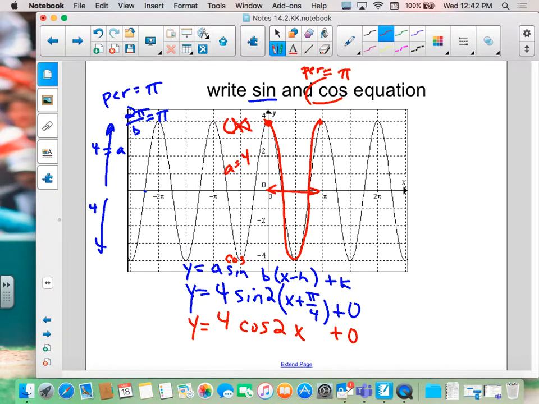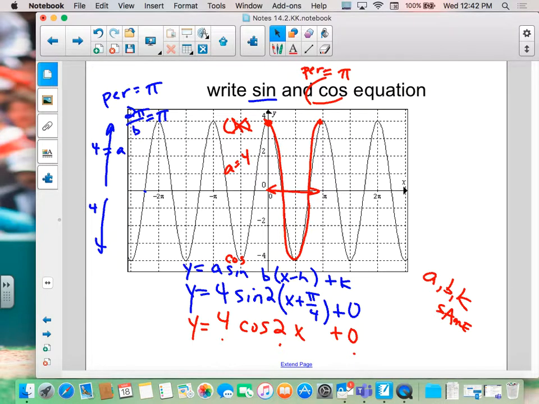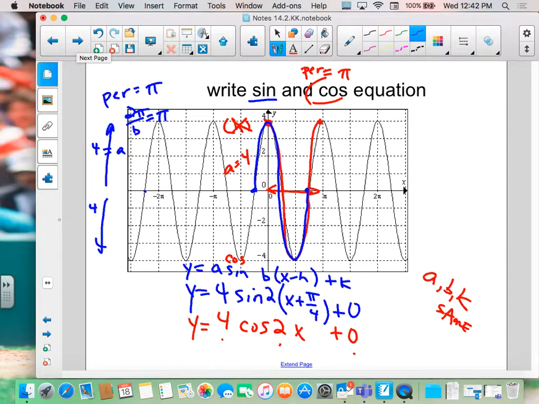So I want you to look at something. A stayed the same. B stayed the same. K stayed the same. When you do these equations, you guys, A, B, K are the same. The only thing you have to look for is the horizontal shift. This one, the sine wave was shifted over here. Put it back on here in blue so you can see it. This cosine wave wasn't shifted at all, so it did not have anything. So the only difference between the two equations is the h. We've got one